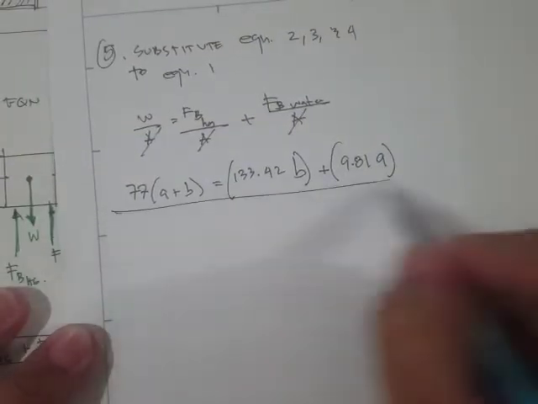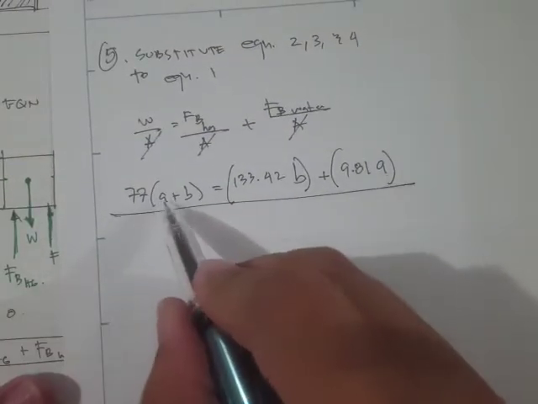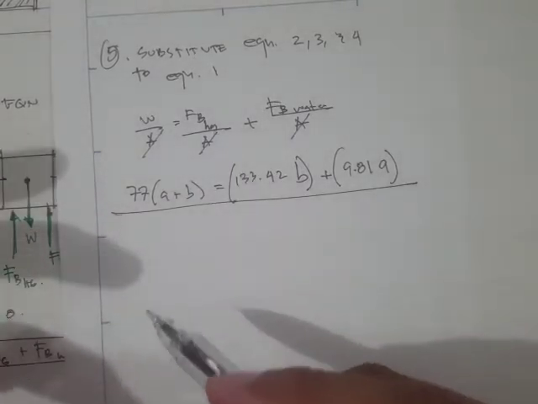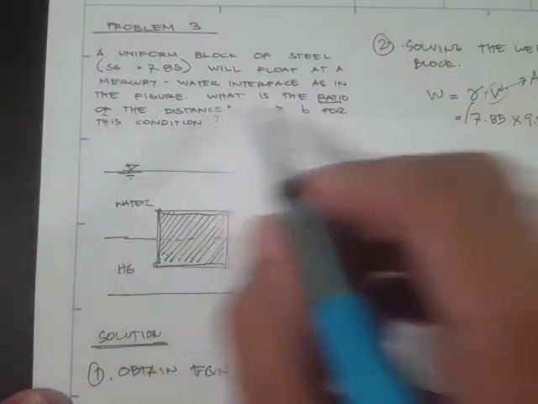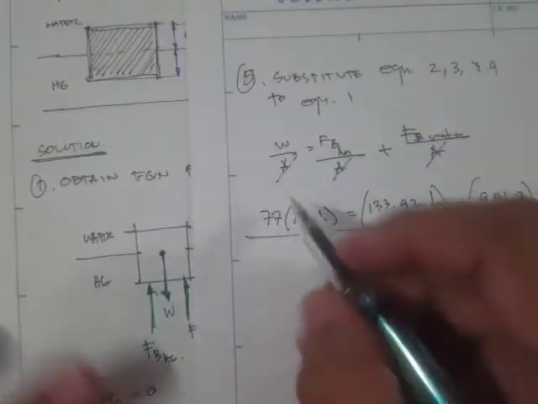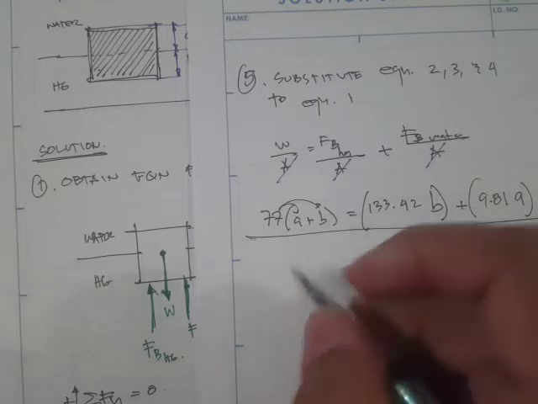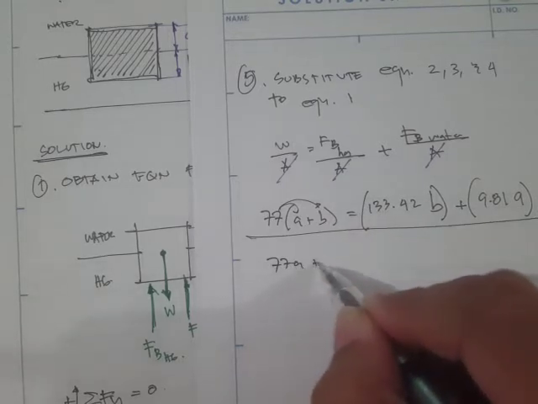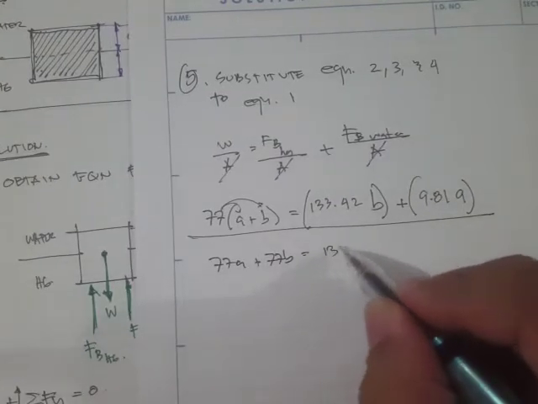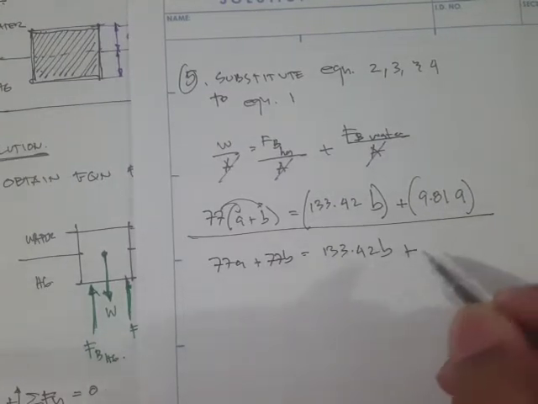So in this equation, the unknowns left are A and B. Two equations, two unknowns. Supposedly, we need two equations. However, the problem only asked us to solve for the ratio. So that means we need to solve for A over B. If we expand the terms, we have 77A plus 77B is equal to 133.42B plus